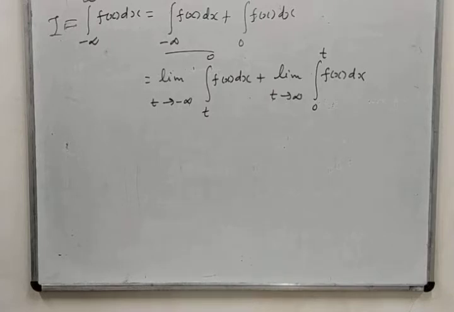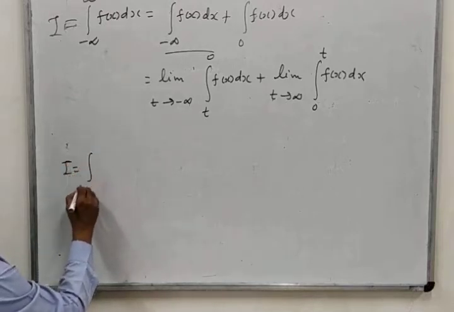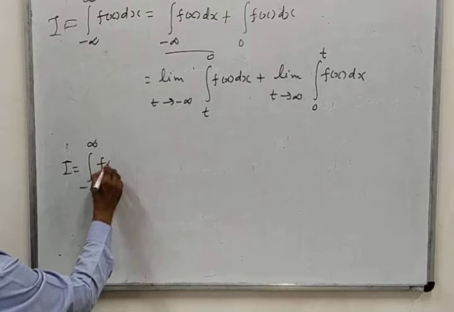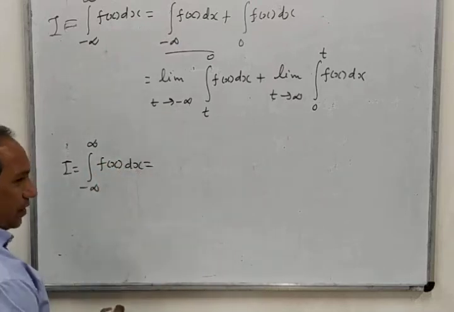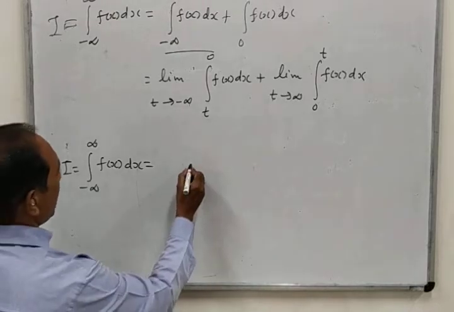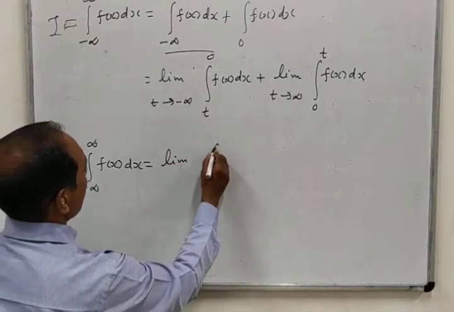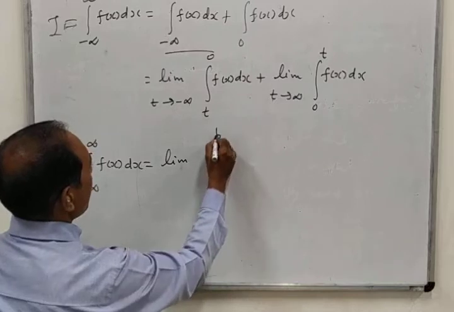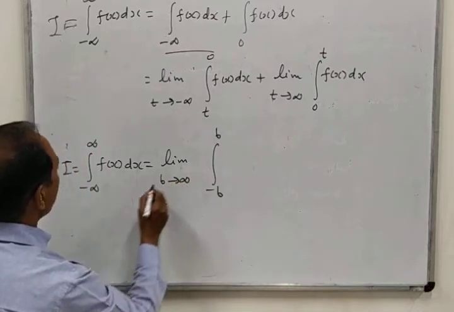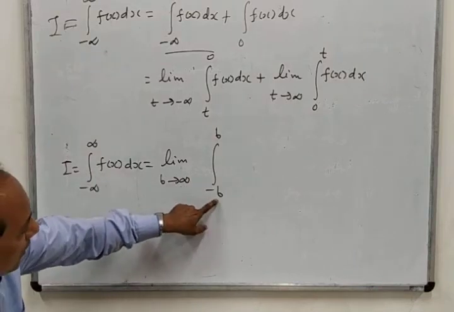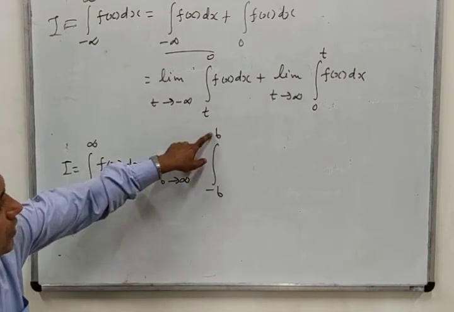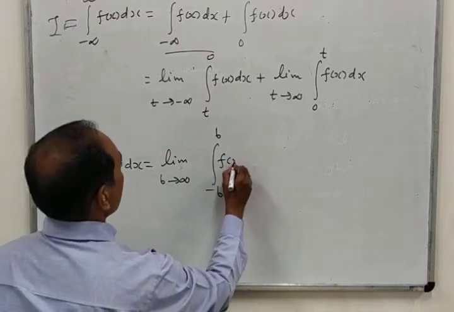But one thing here, you must be sure that the integration I equal to minus infinity to infinity f of x dx, if we write this as a common thing, that means if I write limit, here suppose I put minus b and here b, and b tends to infinity, then it also represents the same problem, because b tends to infinity, so it is minus infinity, b tends to infinity, so it is infinity f of x dx.